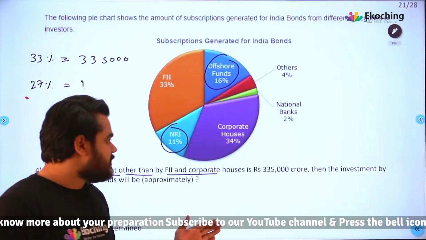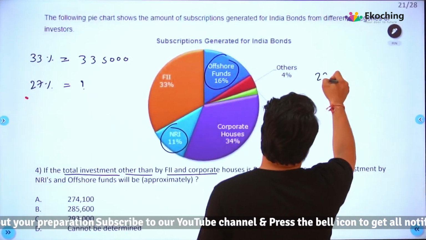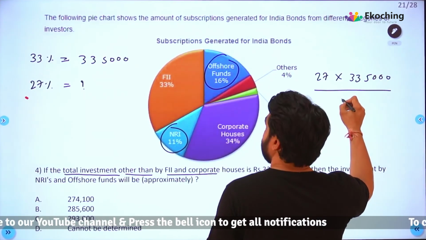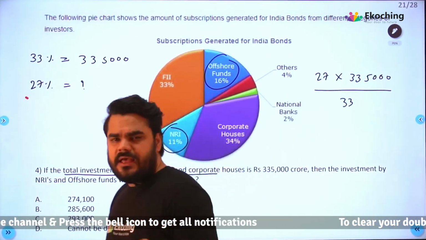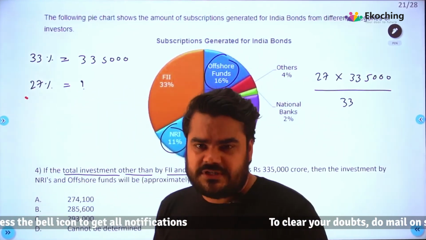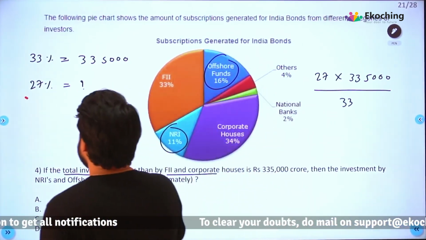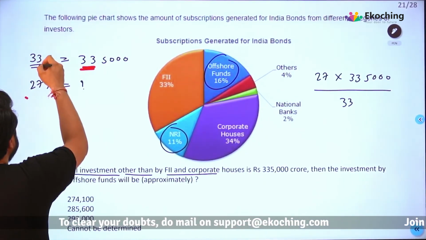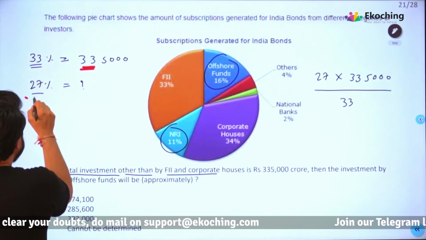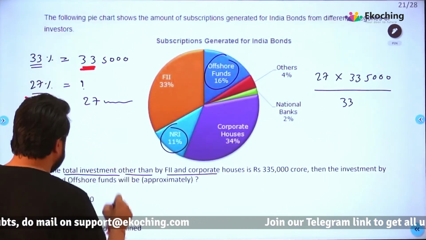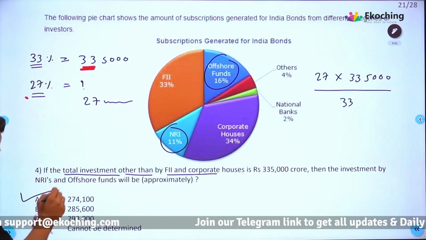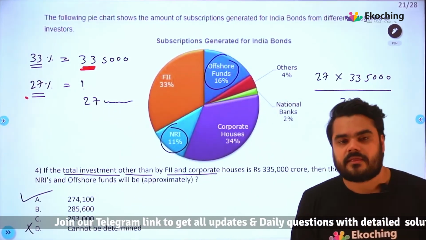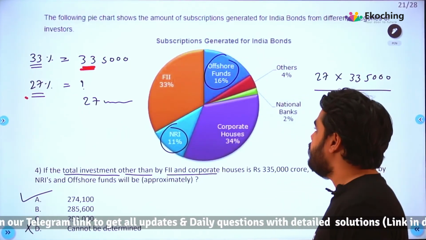ये एक तरीका है, कर सकते हो ऐसा. अगर मैं यहाँ पे लिखूं ऐसे 27 into 335,000 divide by 33. अब ऐसा कर सकते हो. But can we solve this by observation? Can we observe something? For example, यहां पर 33 है तो यहां पर भी 33 है. इसका मतलब यहां पर 27 है तो यहां पर भी 27 समथिंग होना चाहिए. कहां पर है? ऑप्शन A. ऑप्शन A इज द आंसर. खत्म. बहुत ही सिंपल, राइट?